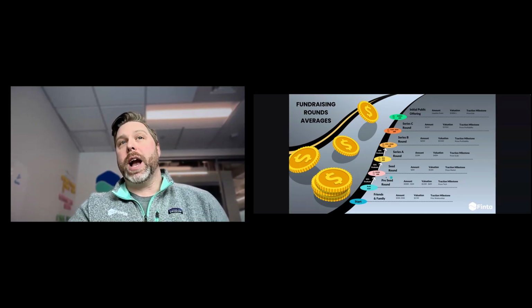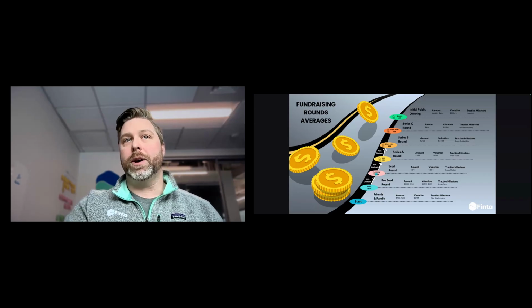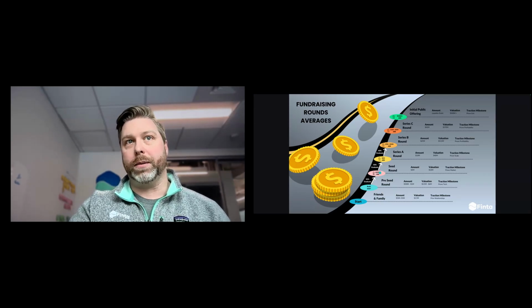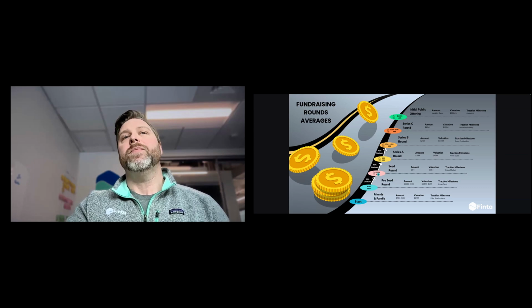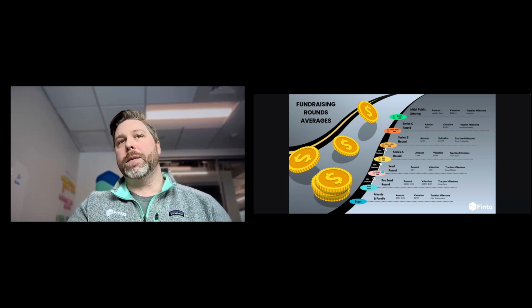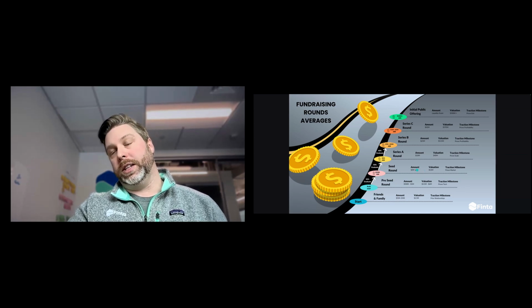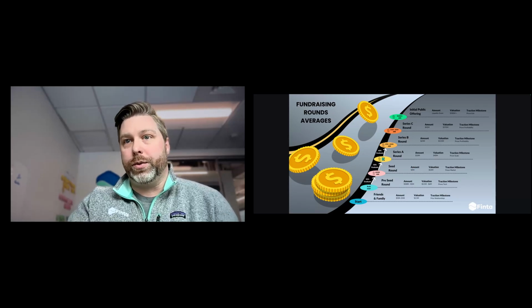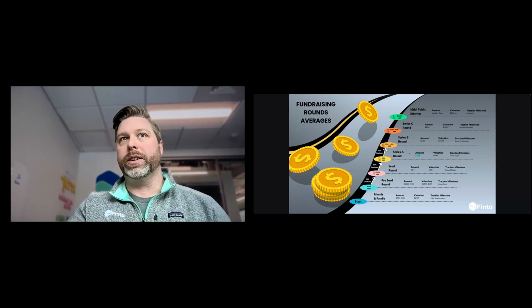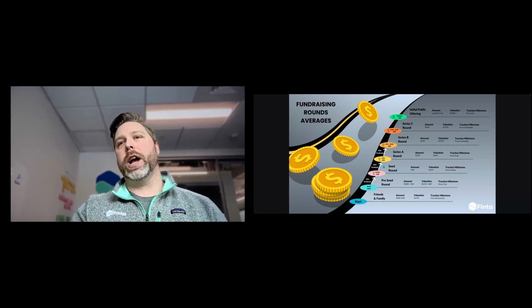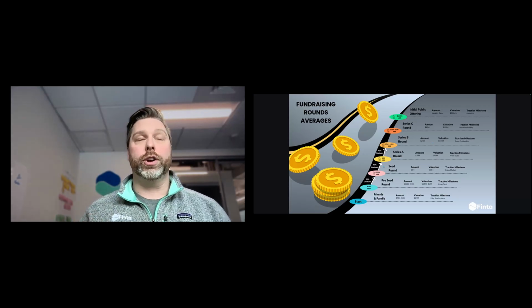From there, you need to get to $500,000 in revenue. This bar is going up as vibe coding is making things easier. You need to get to $500,000 in revenue to unlock a seed round. The seed round you've got to deploy to get yourself to 3-ish million to unlock an A, raise 10, so you're jumping through these hoops, and you always want to make sure that when you build